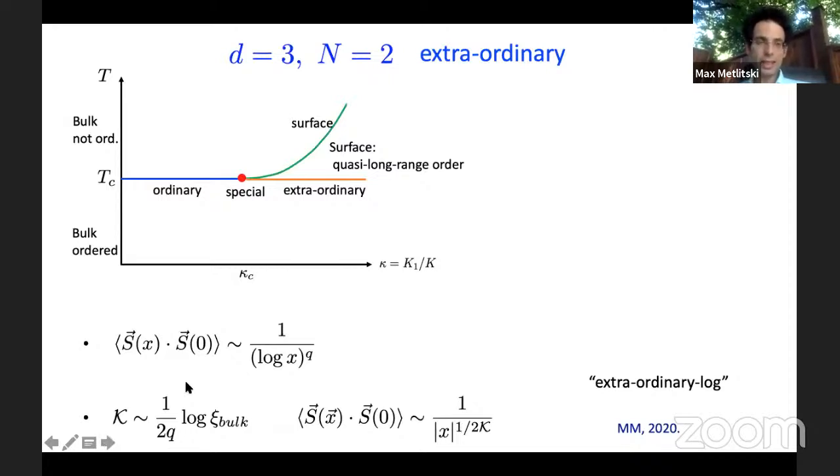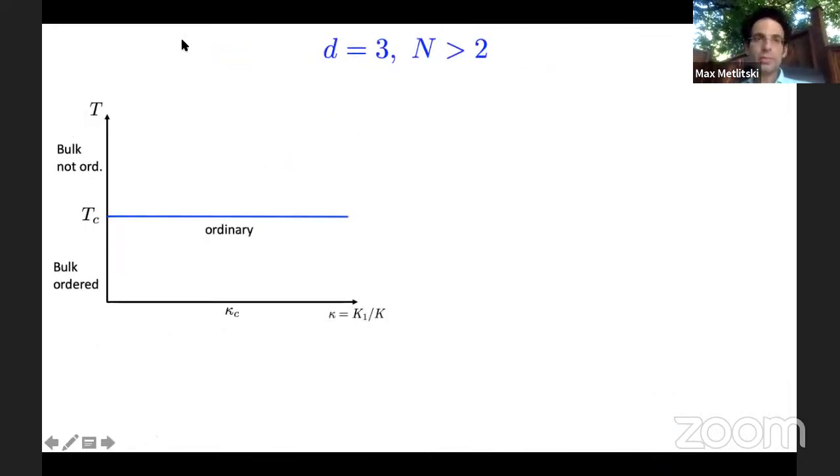universality class, and I'll substantiate these claims with some RG analysis. Maybe when I come to the RG analysis, some of these issues will become more clear. But first I also want to discuss what happens when n is greater than 2. So say we have Heisenberg spins, say we have n equal 3. In this case, if t is above the bulk Tc, then we have a finite correlation length in the